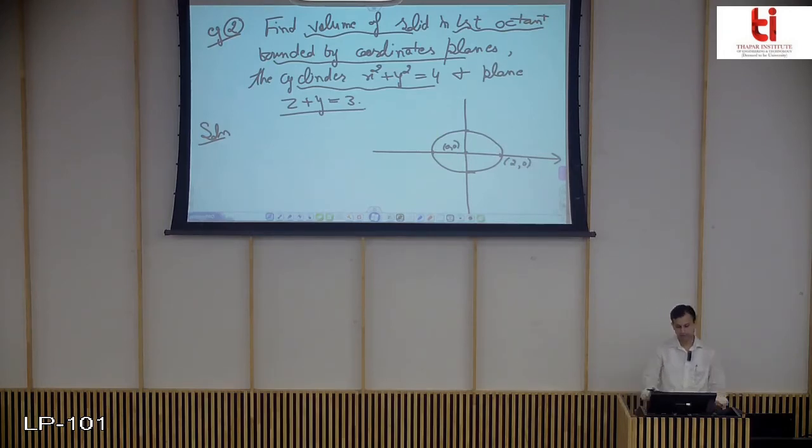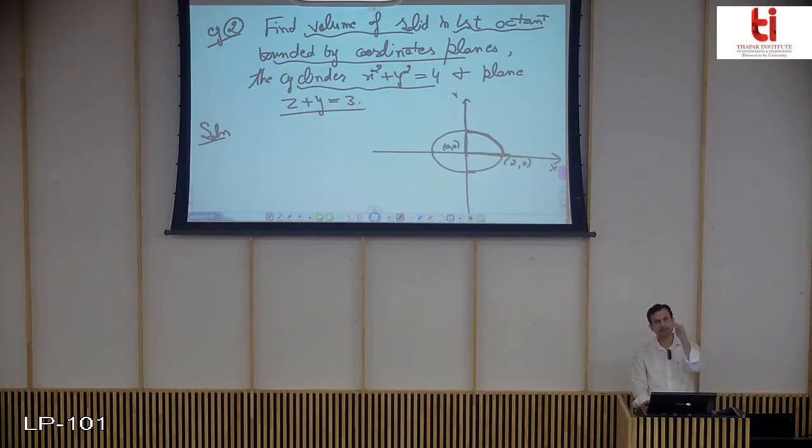However, this is the only part we have here in your xy plane. But since it is a cylinder, it will be coming out of the plane and going beyond the plane also. So this side is also bounded by the cylinder. One of the sides is bounded by the cylinder. This side is bounded by your xz plane. This side is bounded by your yz plane, if we are assuming it in 3D, in the octant.